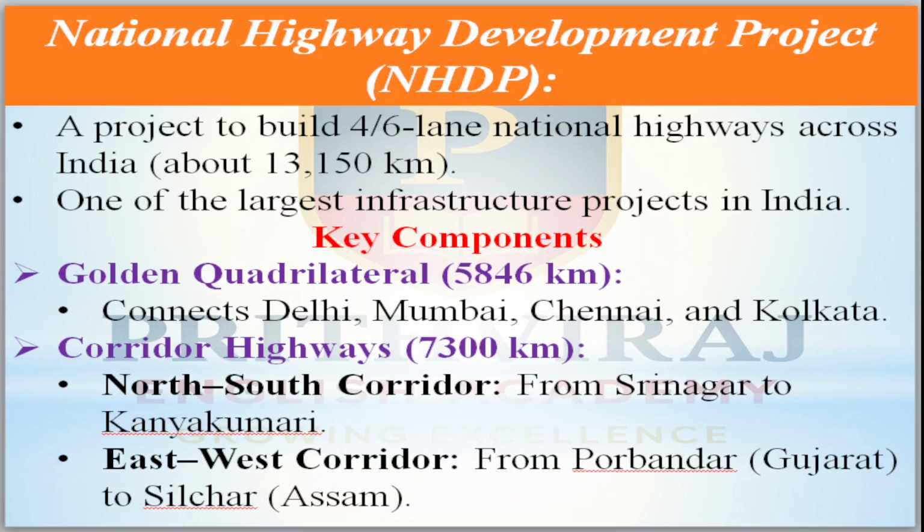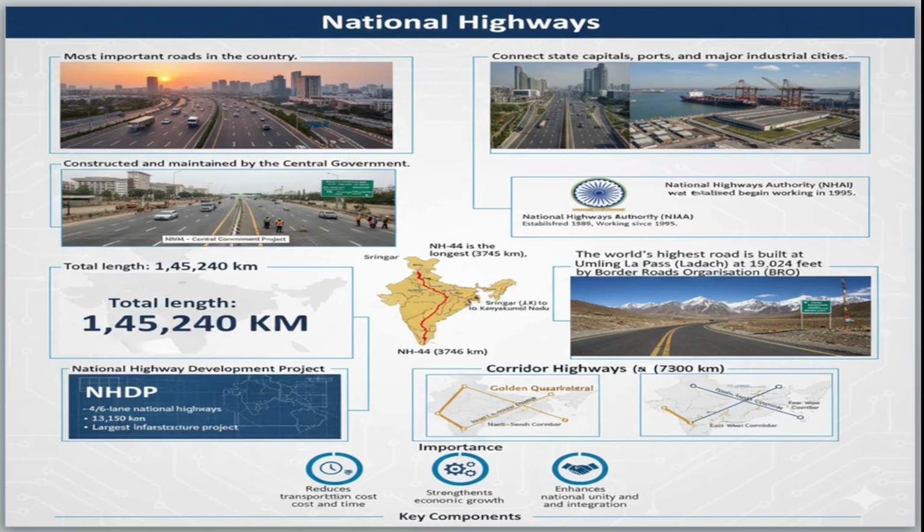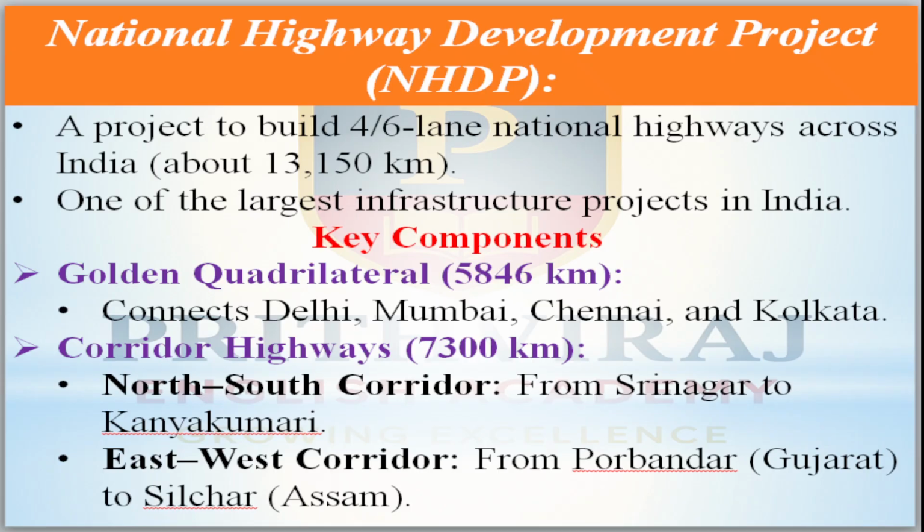Now come to the corridor highways. 7,300 kilometers it is. The north to south corridor highways run from Srinagar to Kanyakumari. Then in the east we have the east to west corridor, from Porbandar of Gujarat